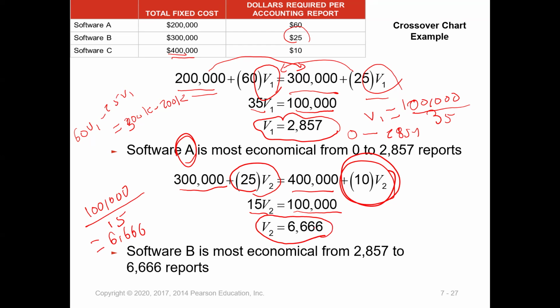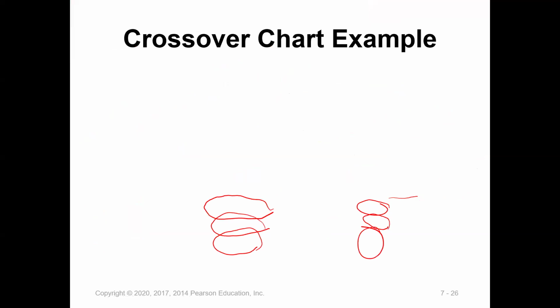Okay. So that means if I need between 2857 and 6,666, I select B here, and if I need above 6,666, I go with software C. Okay, that was called the crossover method. Okay,